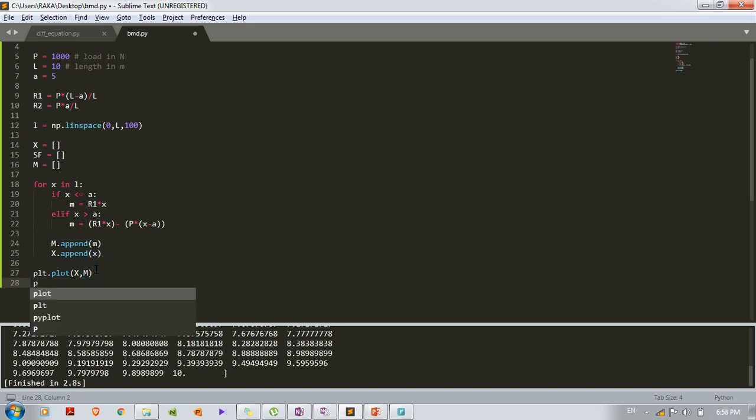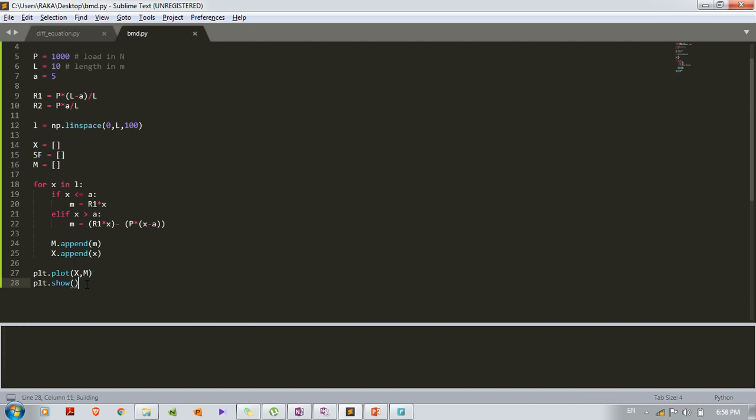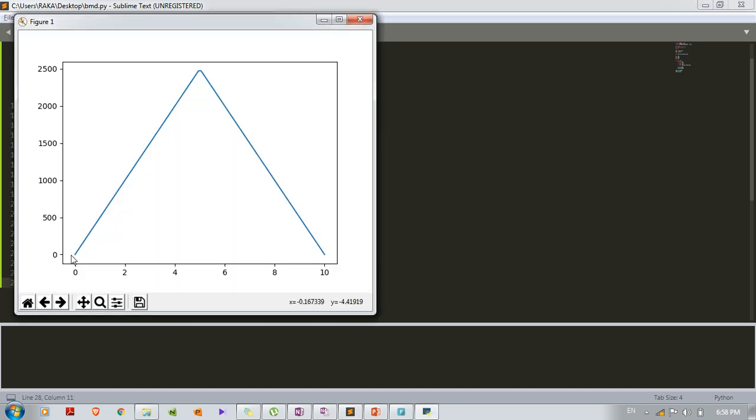And lastly I have to show this plot. So plt.show with empty brackets. So let's run this program. Press Control B. So we can see this plot is created, the bending moment plot.